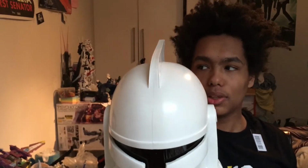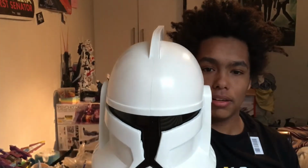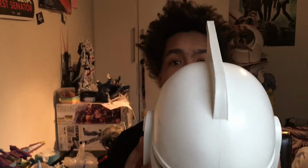So guys, the helmet is complete. The visor is installed and ready for painting. This by far is one of the harder parts to do, especially with the whole visor cutting and making sure it fits your head. Form fitting is the key, but yeah, it looks nice, feels nice, and still feels sturdy enough. And if I do a quick test fit here,